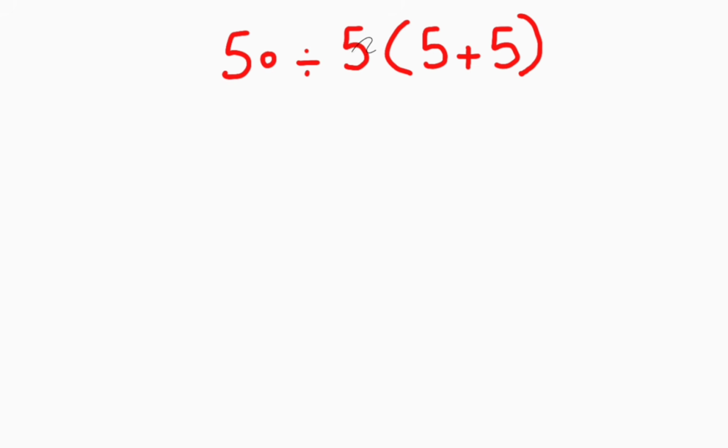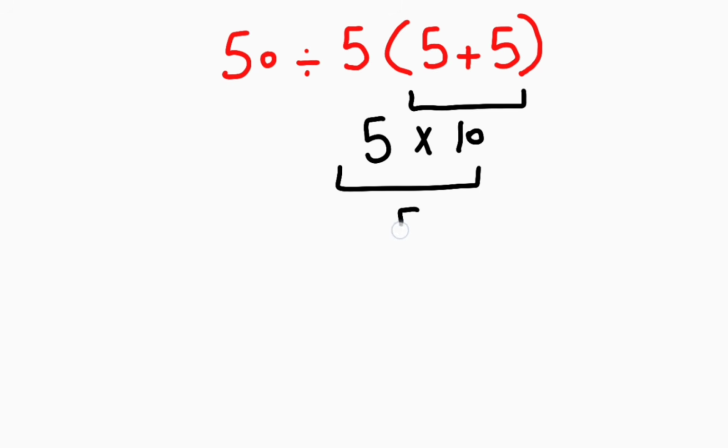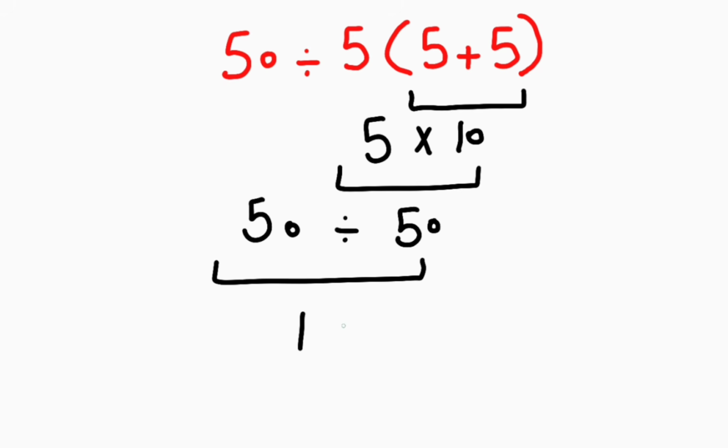50 divided by 5 times (5 plus 5). 5 plus 5 gives us 10. 10 times 5 gives us 50. Now 50 divided by 50 gives us 1. But this answer is not correct because according to the order of operations we know that